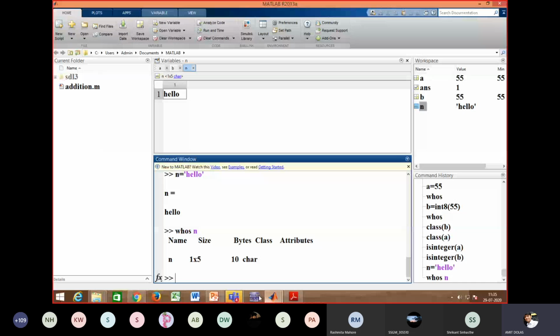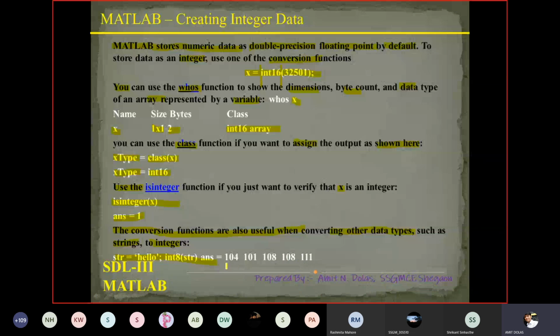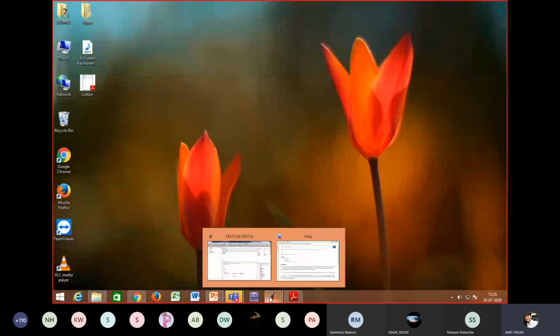Let's convert this into an integer. The syntax for that conversion I have already shown here. Integer 8, directly we can change it, and you can assign a variable if you want, otherwise by default it will be ans.